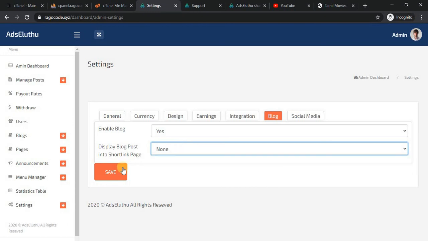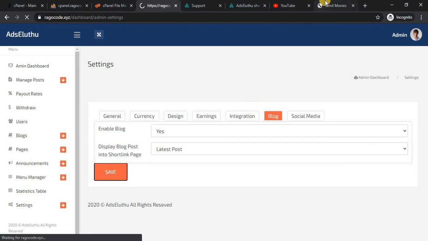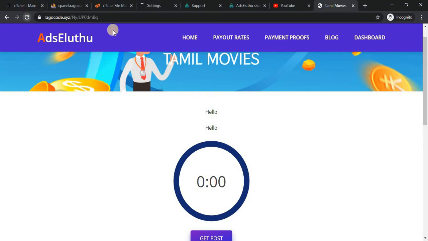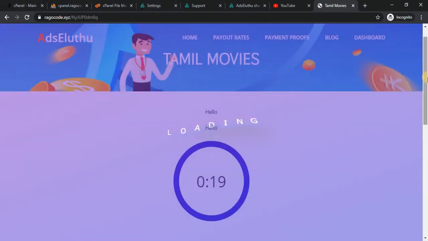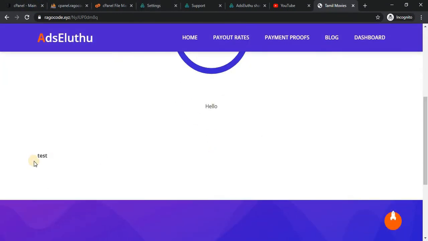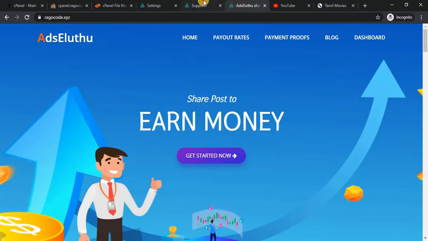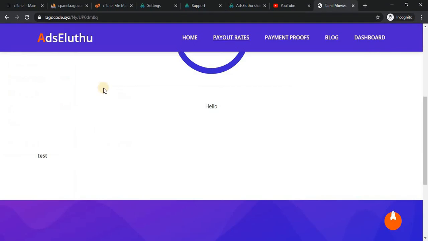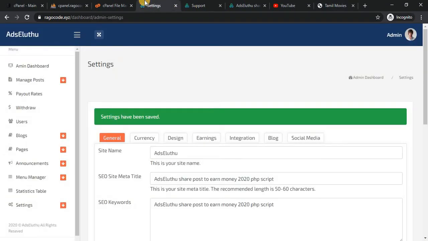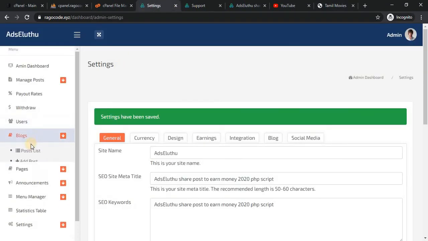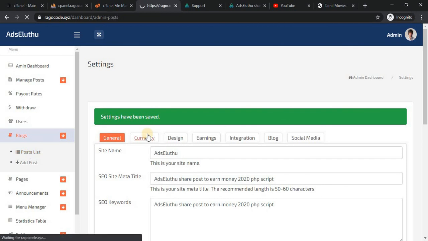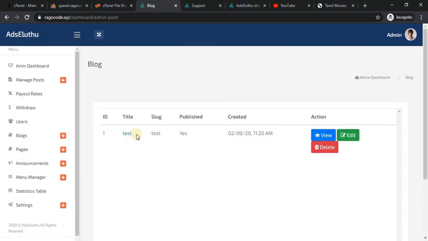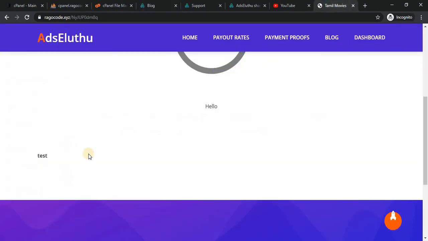Set the latest post and save it and refresh it. The post I created, the test blog. Wait 1 second. This blog will be displayed here.